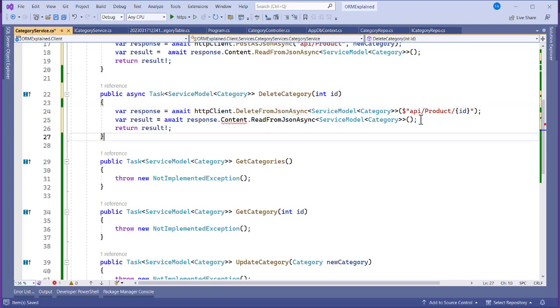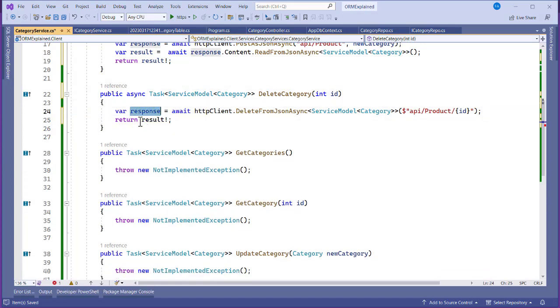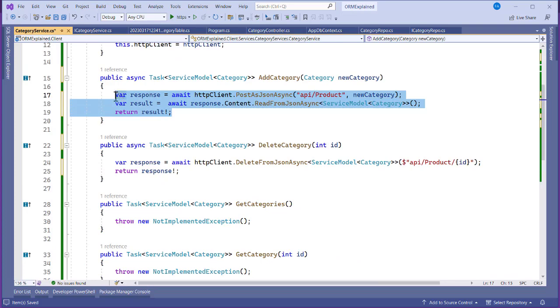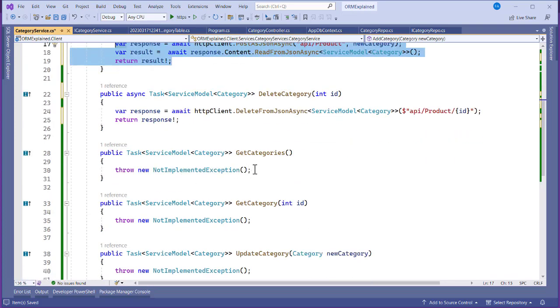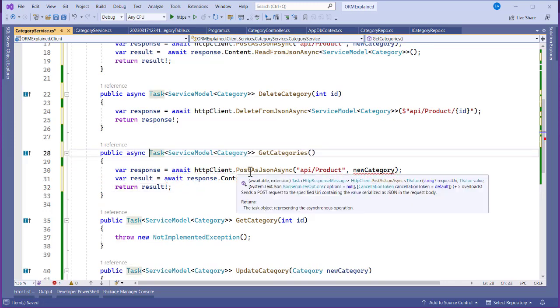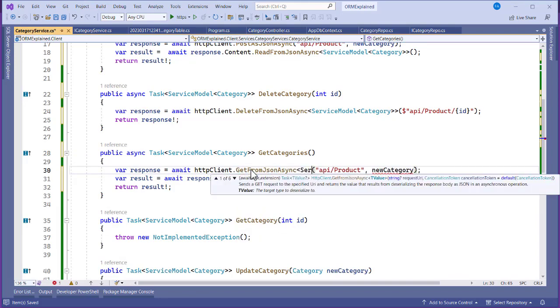Okay, so then we don't need this here. We have to just return response, and that is it. Now in the get category, we have to use, let's copy this, let's paste it here, async. So this is get from JSON async, and that is service model,